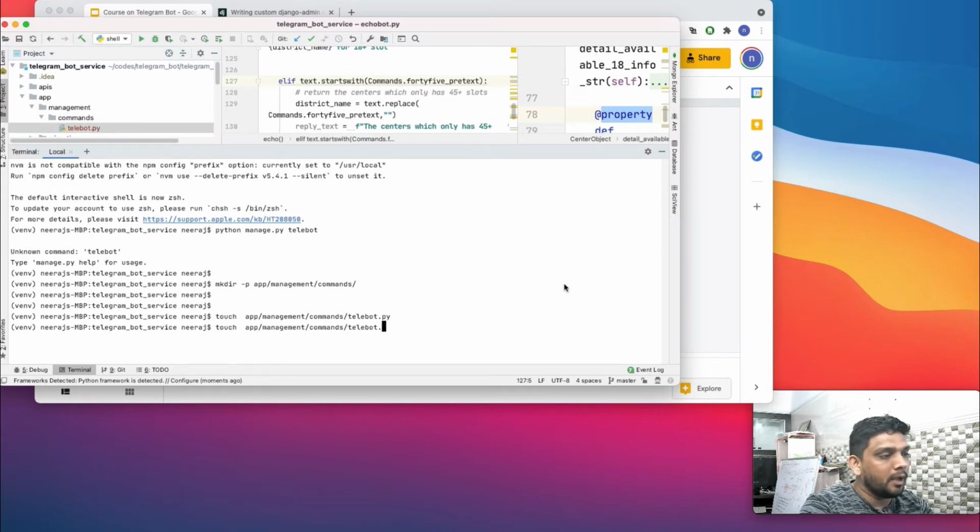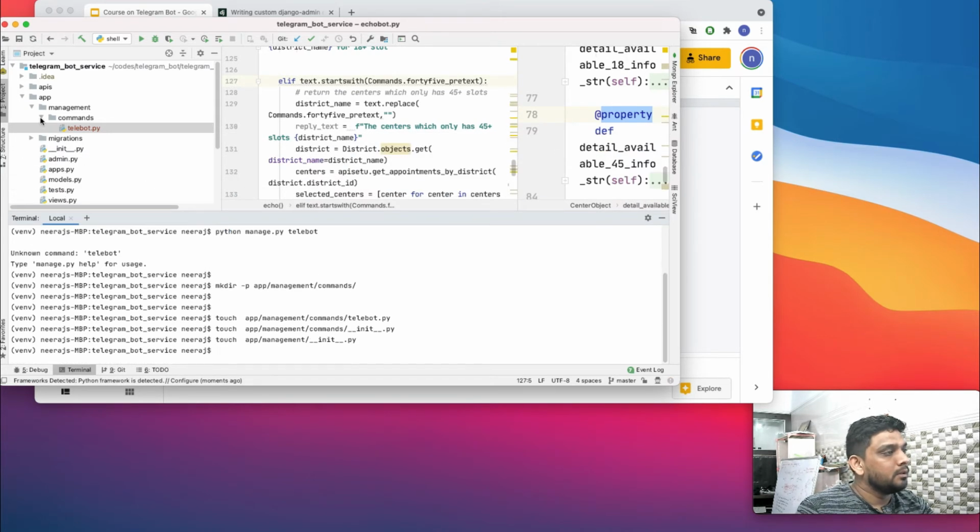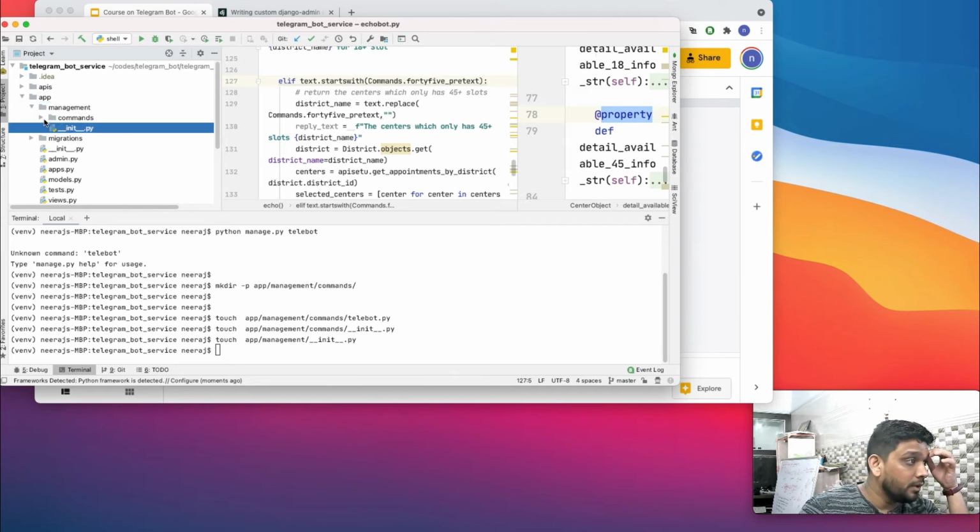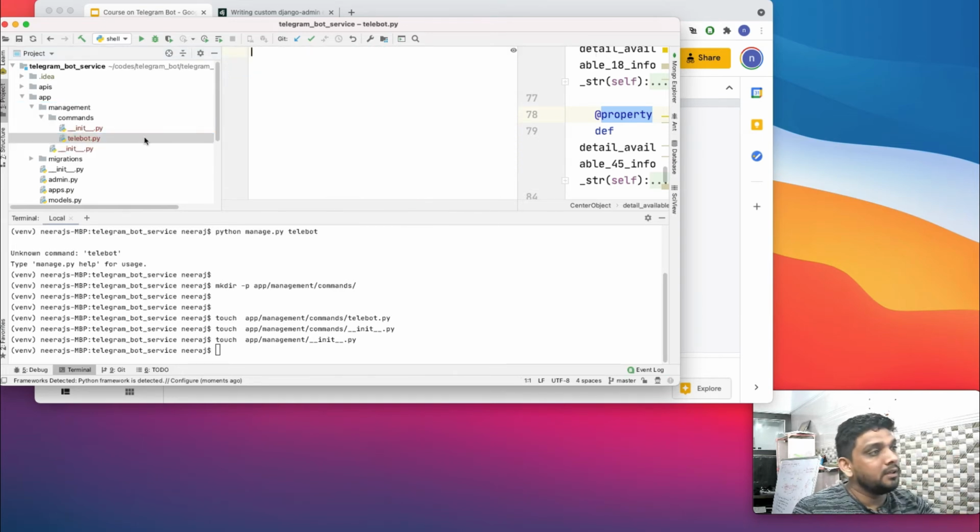At the same time, I want to have an empty init file in the commands folder, and this file should be there in the management folder as well. So yes, there are two empty init files now, and let's see what is the bare minimum we require in order to run this command.